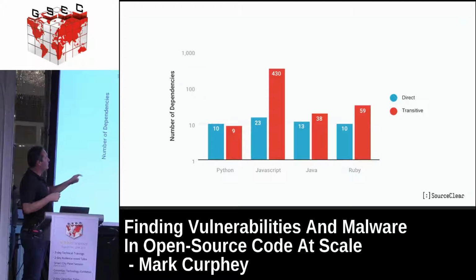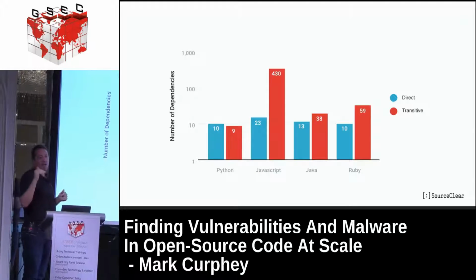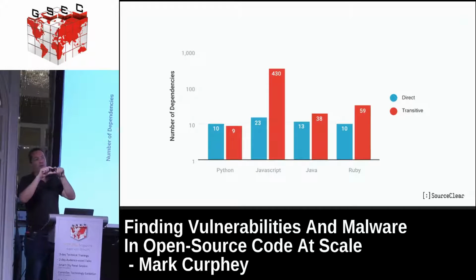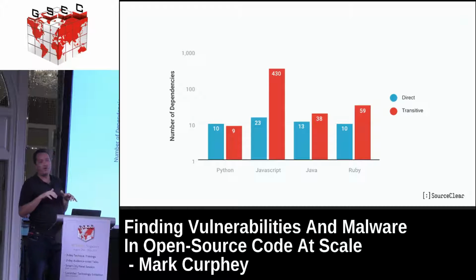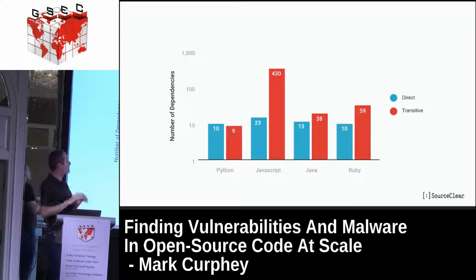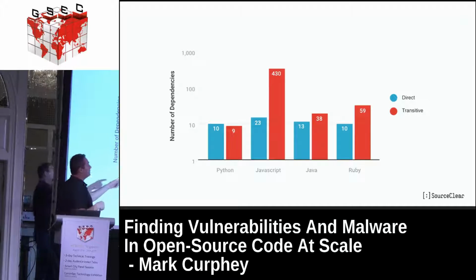So in the JavaScript world, the average developer says, I'm going to use 23 libraries, but when he actually builds the project, 430 get used. So imagine the scale of that: this intimate little room here, and we could do the Donald Trump White House thing of, there's millions of people out there. Millions. We can take it into photos, right? Millions of people, and then billions of people get used, right? But that's the reality of what happens.